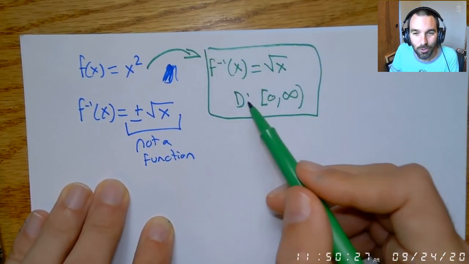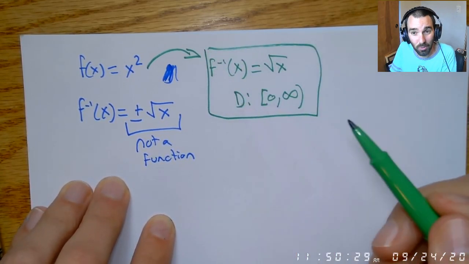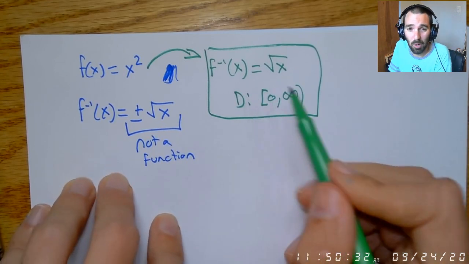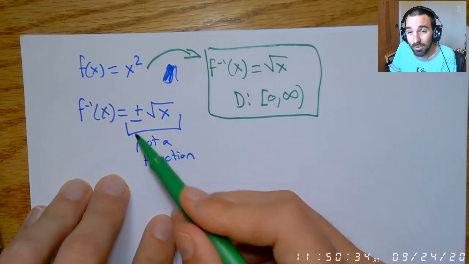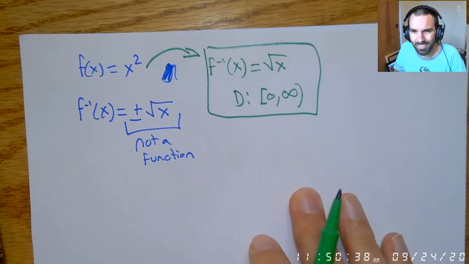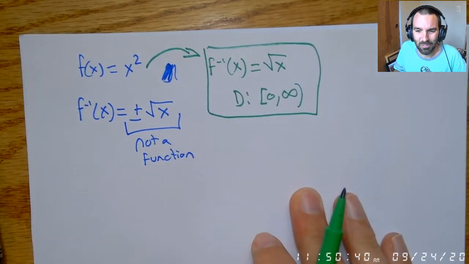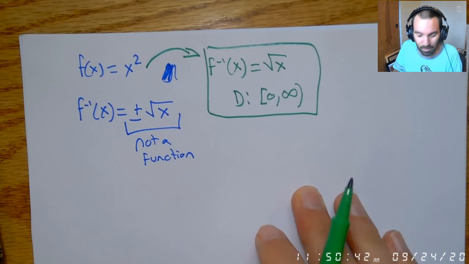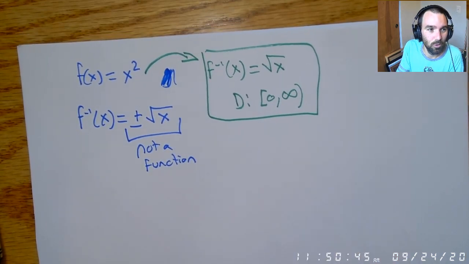This is how you learned how to do square roots, right? Your teacher always said, we only want positives, right? But with the plus or minus, this isn't a function. I hope this is helpful and not confusing. I'm just trying to really break it down for you guys. Hope this helps,